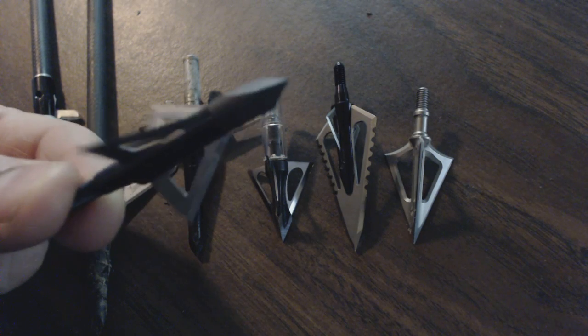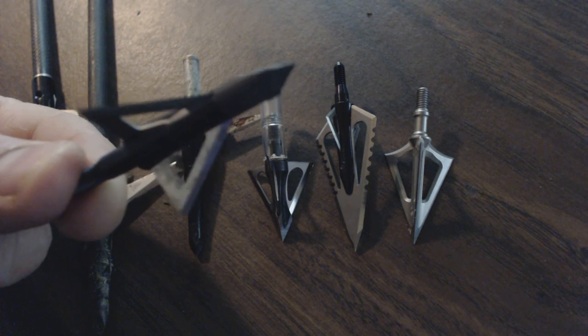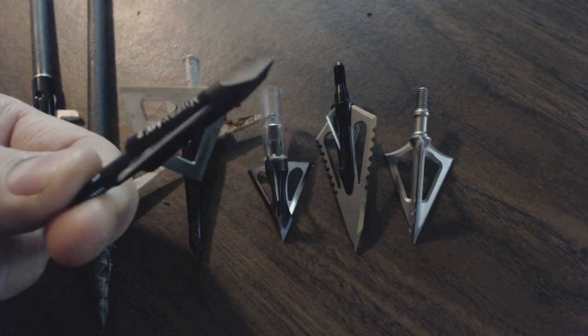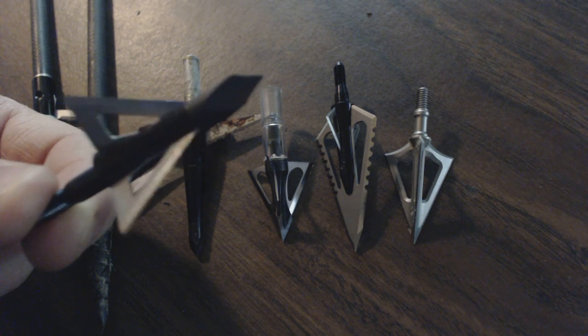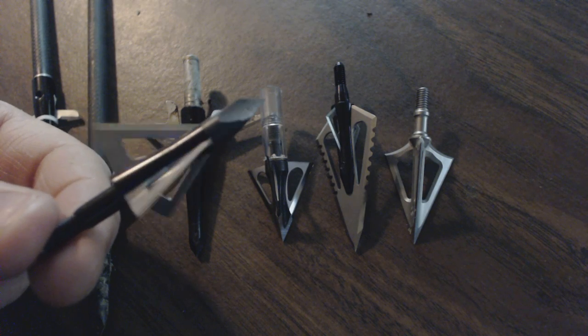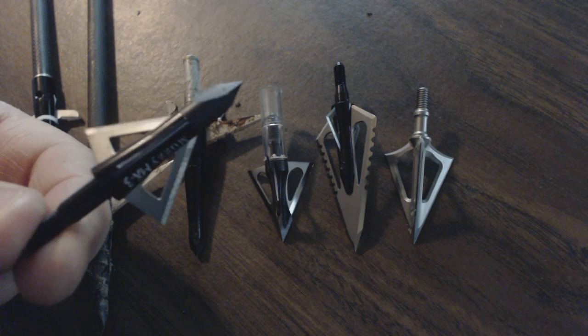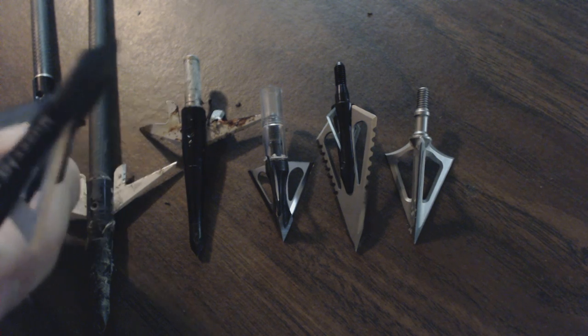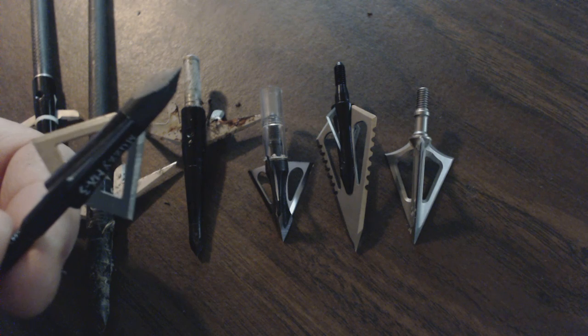It really does a good job of breaking if you happen to hit a shoulder blade or the ribs or whatever. That really does a good job of busting through. And the blades, like I said, are sharp enough to do the job for the price point. I think you get 3 in a pack for about 30 bucks, or a little bit more expensive. If you have a bow that isn't right at around 300 feet per second or over,